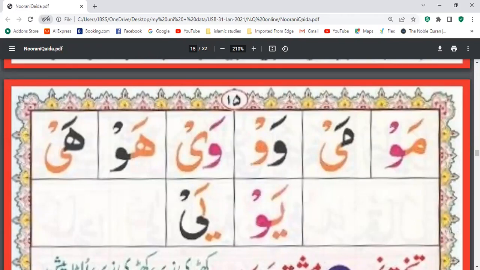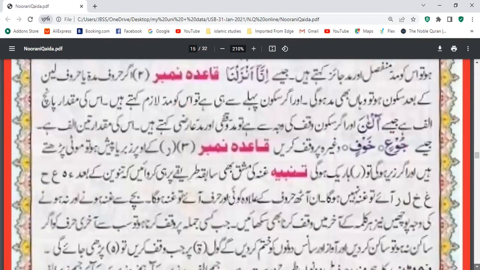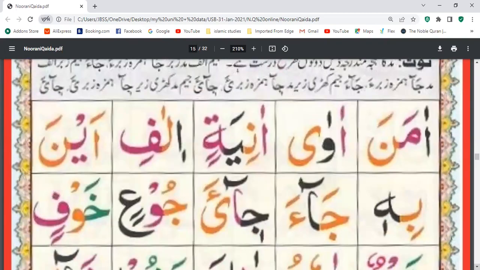Like takhti number 1 and 2, through which we can recognize the letters, so in this chapter we will have to recognize the letters. Like takhti number 3 and 4, harakat and tanween. As you see, we have harakat and tanween in this chapter.